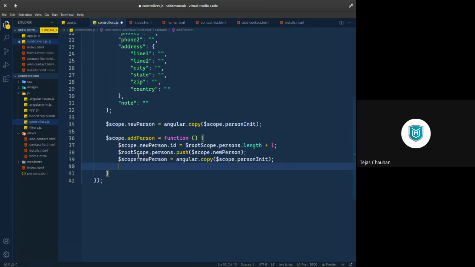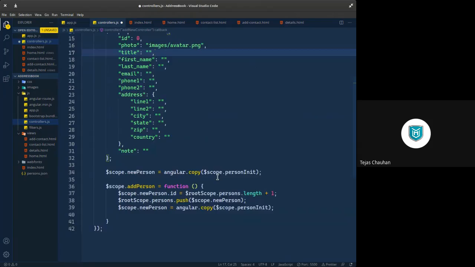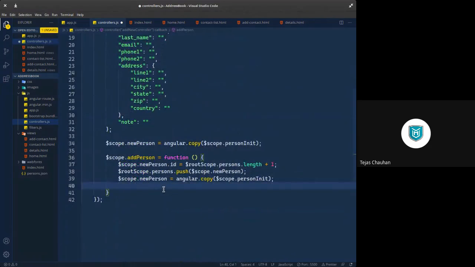To do that, we can use the location service in Angular. If we want to use the location service, then first of all, let's define its dependency at this place, $location. So we are using the location service, just like the HTTP service. We have seen this location service also. And once we have that location service available,